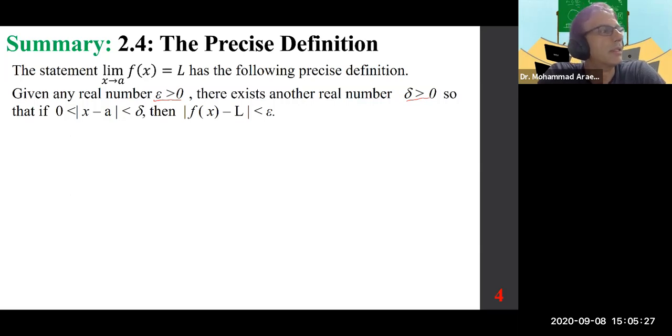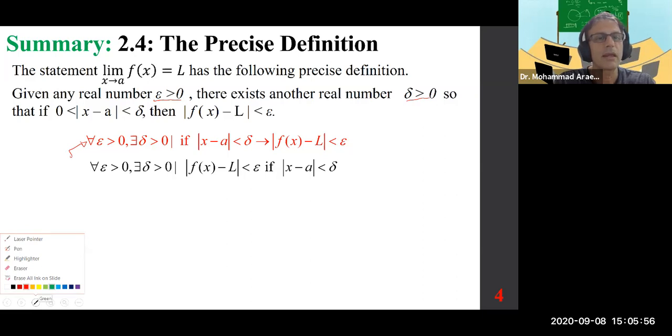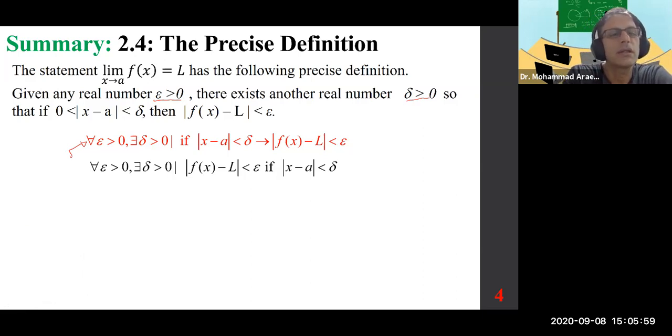I want to make sure we understand the meaning of this. First, I'm going to put it in this format. This is the way I have been always using it. This is the completely mathematical definition. And then I want to dissect the meaning of that. So we're going to read that. Here's how we read it. This is a notation. Let me use a different color for that. That notation looks like an upside down A, if you will. That is read in math,